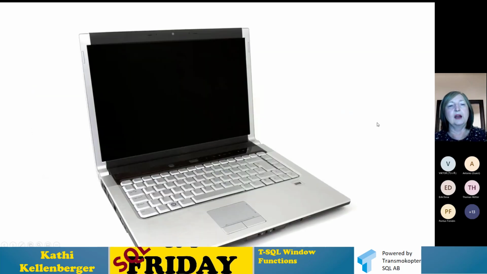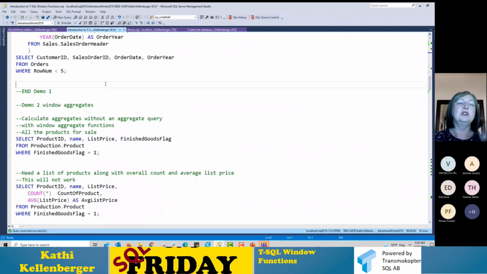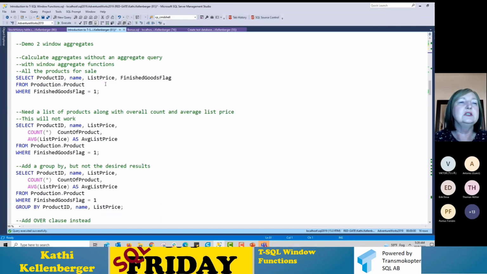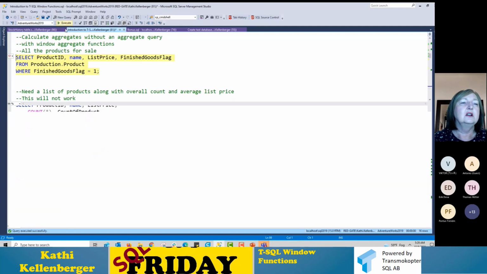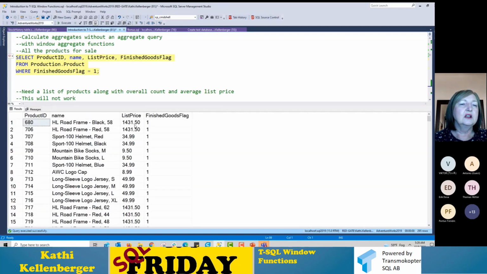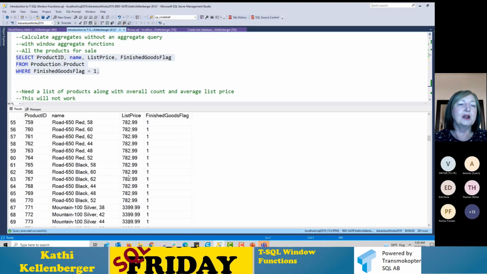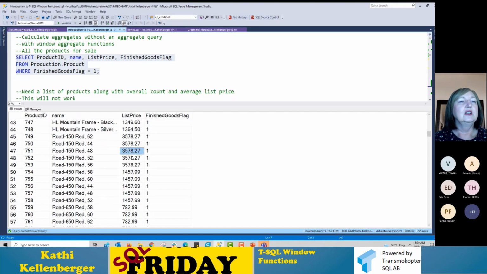All right, so let's pop back over to demo again. If you think of questions, be sure to put them in the chat, and I'll get to them after each demo. So let's say I have this data here. I have this product listing, and each product has a list price. Okay, so this data is really old. A nice bicycle is going to cost you a lot more than that nowadays. Probably going to be spending a few thousand dollars for a really nice bike. Well, there's one that's $3,000. But anyway,